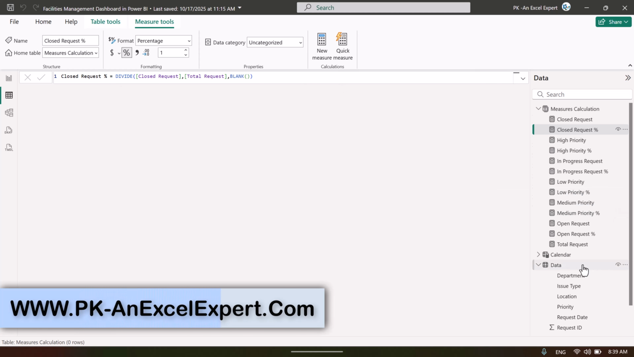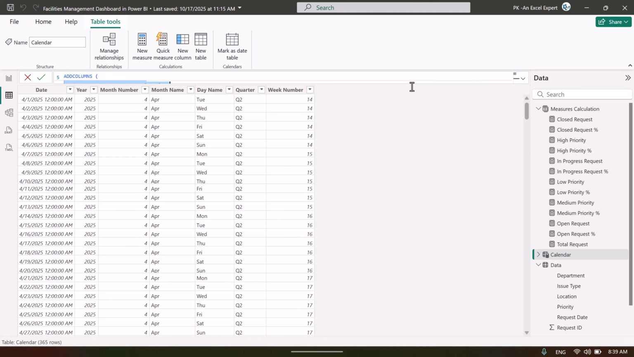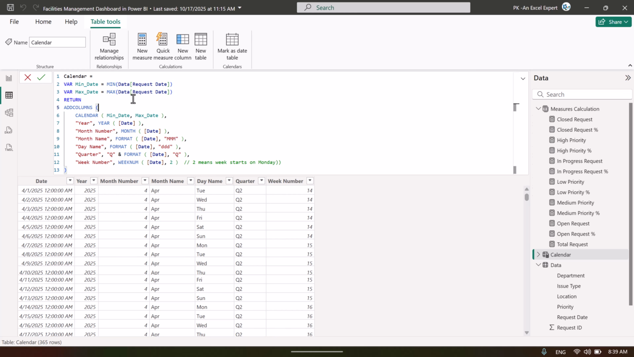We have created this calendar table also using the DAX function. This is the calculated table. So let me show you the formula here. We have used first the minimum and maximum date variable from the request date column we have here, and then we have used the calendar function, and we are providing start date and the end date as minimum date and max date. Once the calendar is ready, then we are creating here